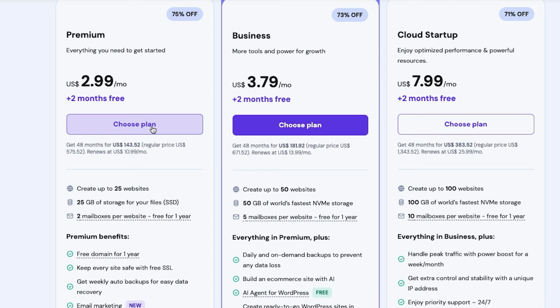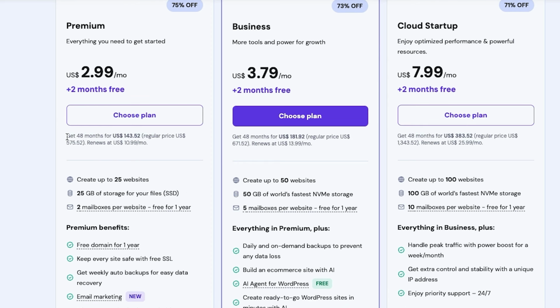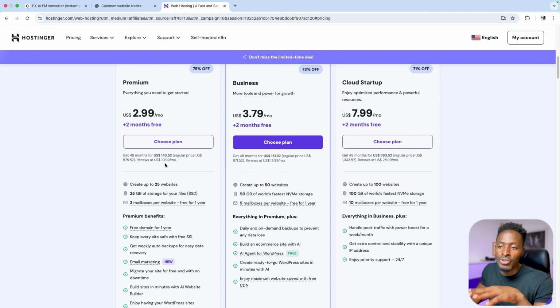So I'll say choose plan, and on this plan they say they give me a free domain for 1 year, but that is only if I subscribe for 48 months for $143 US, and that means that this plan will be renewing every month for $10.99. So I'll say choose a plan,